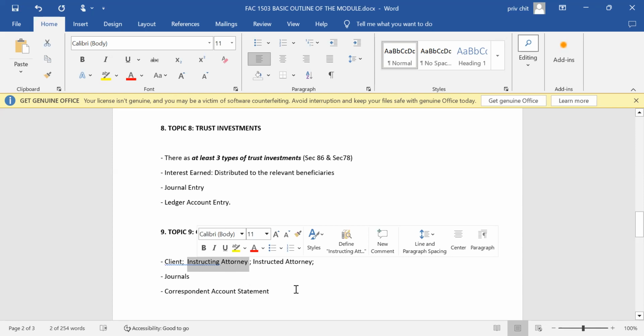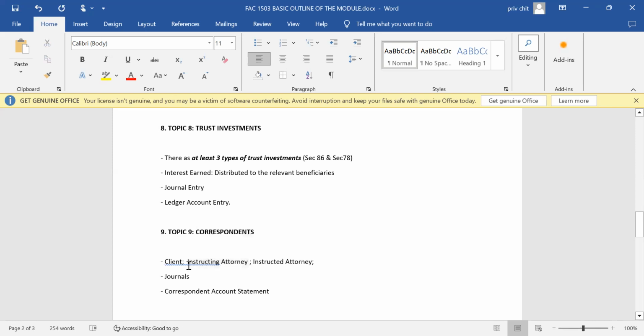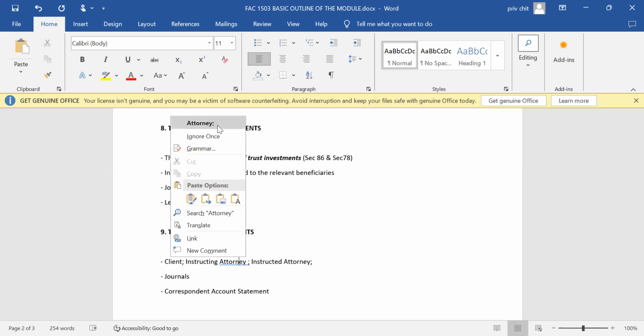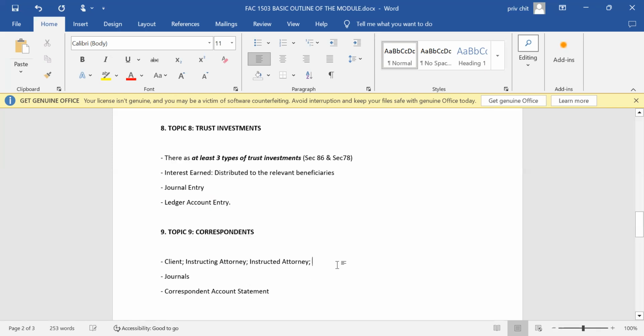Why am I saying it's an instructing attorney? Because you would then approach a separate attorney that has offices in Durban, and they'll enter an agreement with the attorney who has offices in Durban to perform the service on behalf of the client.